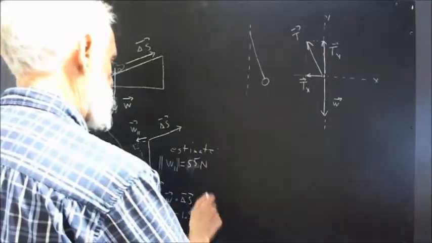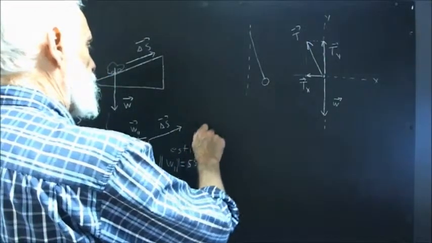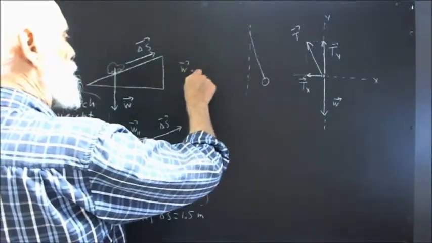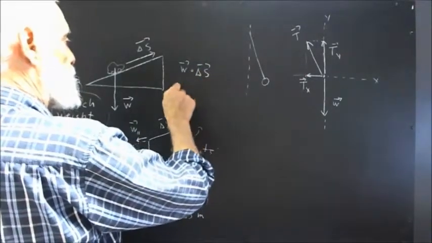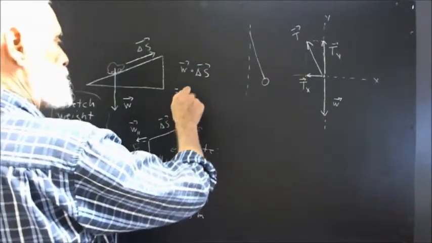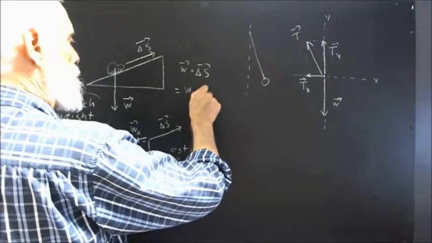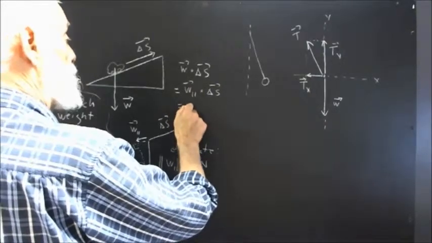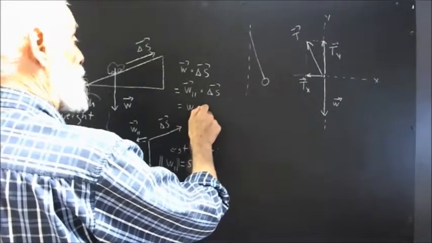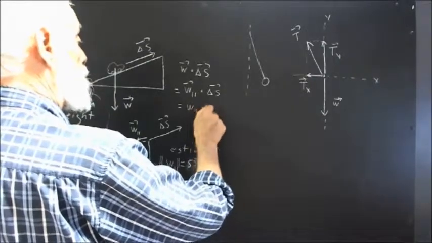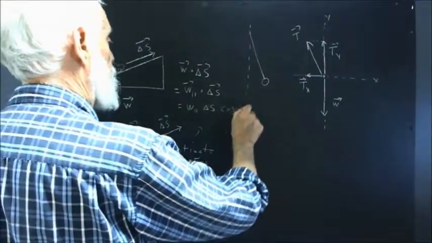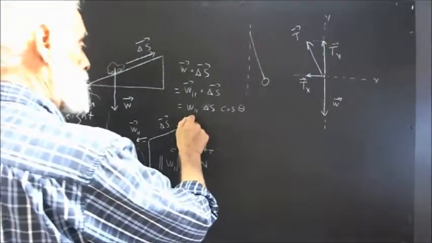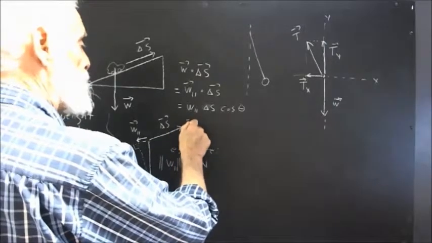Okay, so from this picture we get this, and from this we're going to get W dot delta S equals W parallel dot delta S, which equals the magnitude of W parallel times the magnitude of delta S times the cosine of theta, where theta is the angle between W parallel and delta S,